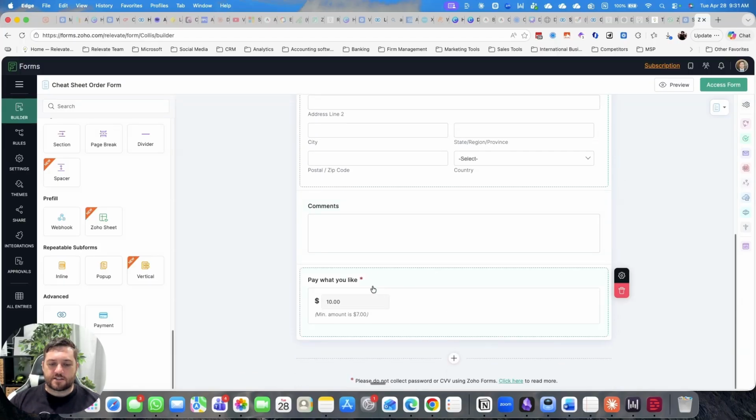And then you can see down here, I've got pay what you like. Now, this, believe it or not, is actually hard to do. If you don't have the right systems in place, it's very tricky to offer a variable amount without delving into the world of payments and going through a whole bunch of different applications to try and get there. Zoho makes it really easy. I can just click in here